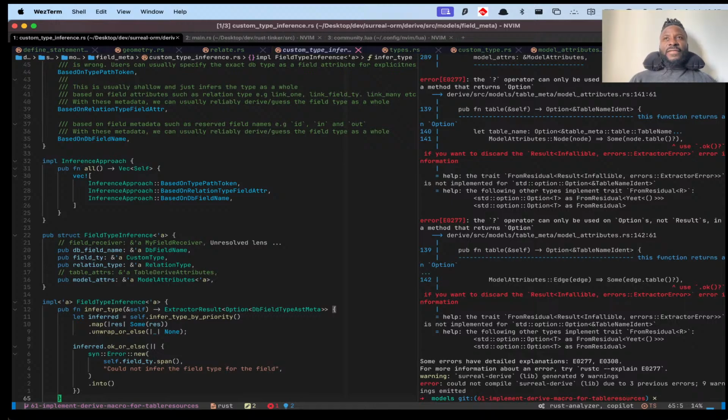You can achieve nominal typing as a workaround in TypeScript by using classes. But anyway,